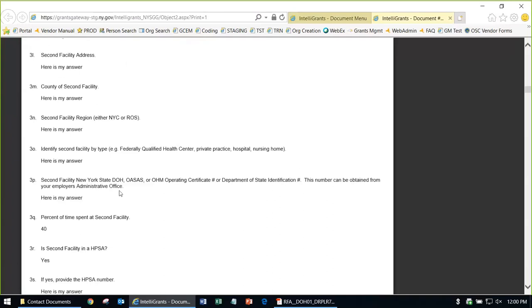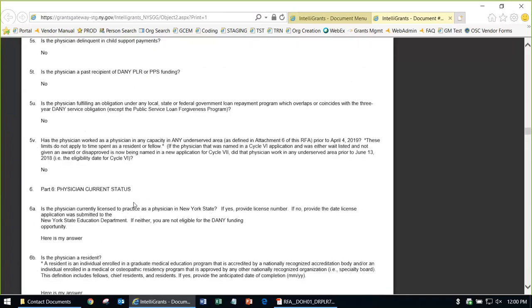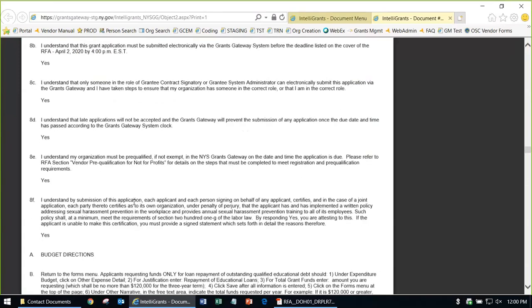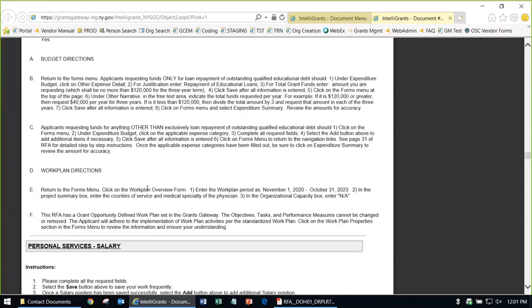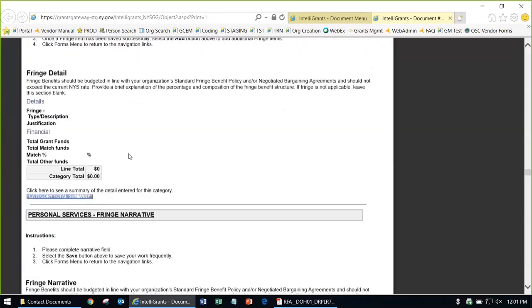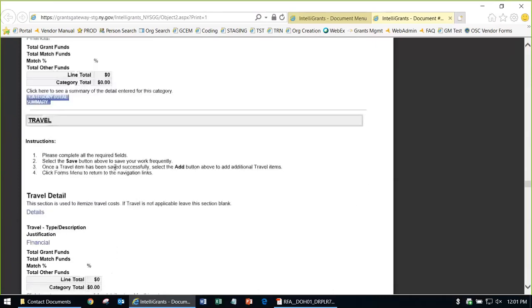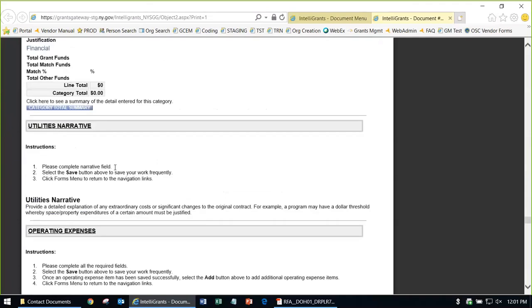Now what it won't do, if we scroll down here, these are all those answers, all those questions I answered. But what it won't do is give me the attachments I provided. So it'll go through all the sections of the budget. Of course, I had nothing in personal services. I had nothing in contractual, travel, and so on. But I did have something in other,